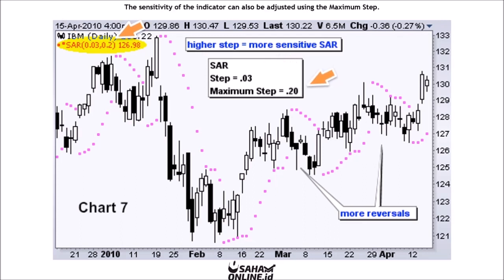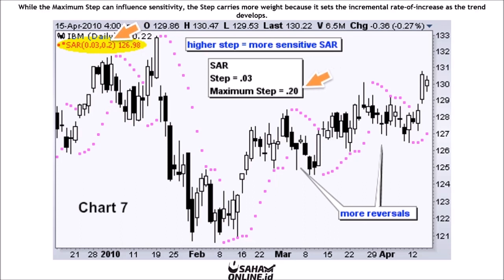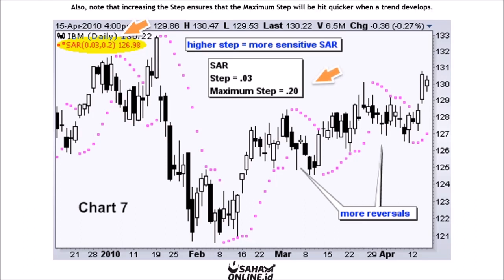The sensitivity of the indicator can also be adjusted using the maximum step. While the maximum step can influence sensitivity, the step carries more weight because it sets the incremental rate of increase as the trend develops. Also, note that increasing the step ensures that the maximum step will be hit quicker when